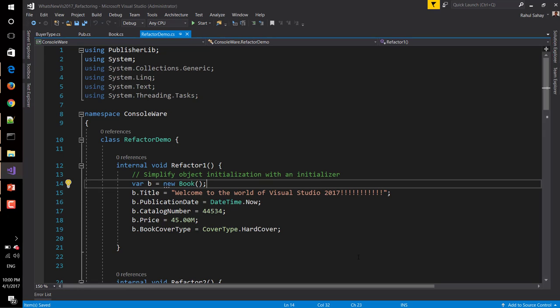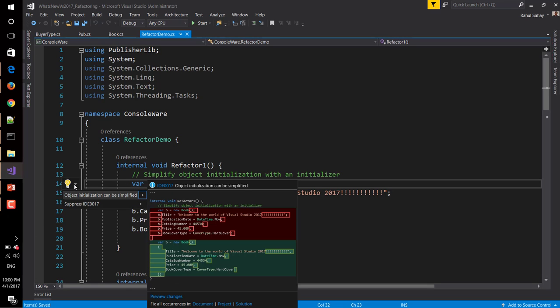So what we used to have is the very simplest way you can create an object, then associated properties, and how you can assign values to that. So here a light bulb is coming up and it's having some code suggestions. Once you click on this, it's saying that you can do the same thing via an object initializer, which is a suggested way of writing code, a good coding practice, because once you are done with your changes you might be needing the same thing